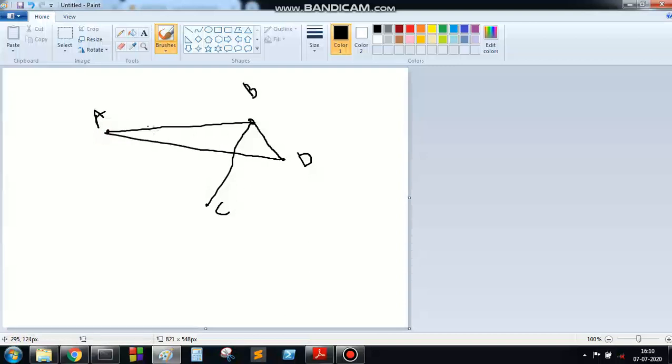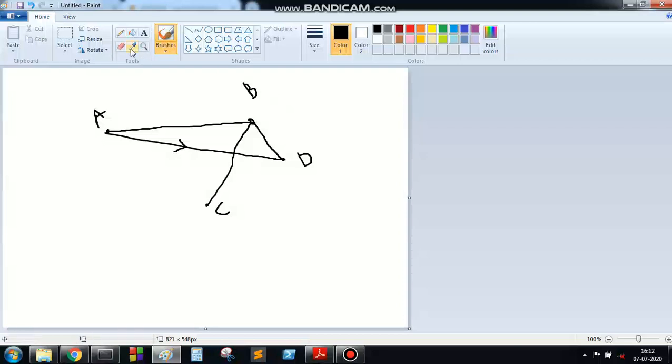But here no direction is mentioned, so the flow direction cannot be guessed from these simple connections. To detect the flow of data, we need to give a direction. That means the direction indicates the data flow from node A to node B. So this is a directed data flow graph, or simply a data flow graph. Data flow graph means that whenever there is flow mentioned, the direction is mentioned. So this is a data flow graph.